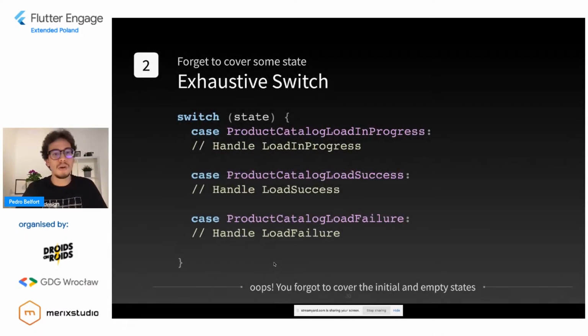So in theory, wouldn't it be nice if we could have a switch saying, okay, for this state, I have these possibilities: loading progress, load success, and load failure. And the compiler actually tells you that you have covered every state and understands it, right? So if you modify anything, you come back here and cover the new states. And if you have covered everything, that's all right. Like you did your job, right? So it would be very nice if we had, oops, you forgot to cover the new initial and empty states in this case.